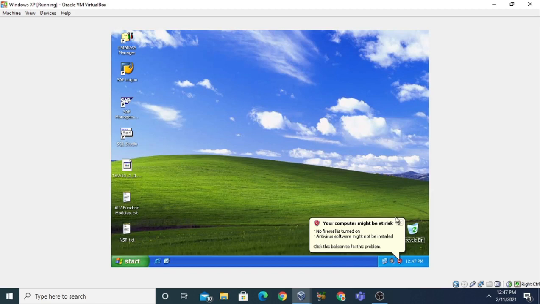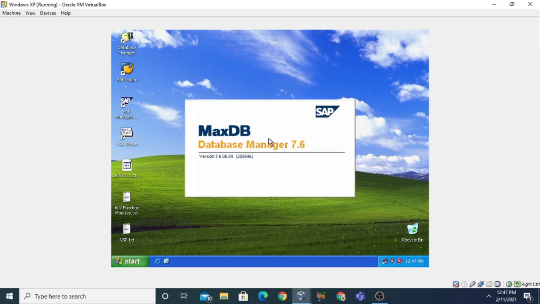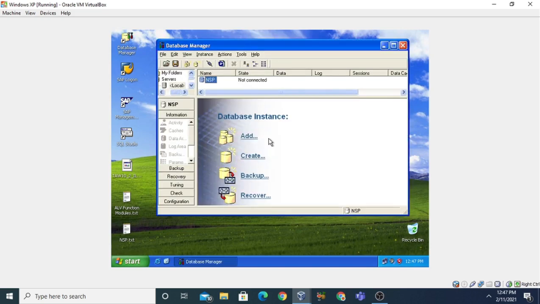After opening Windows XP, you first need to start the database server. For starting the database server, you first need to click on the database manager. When you double click on it, it will open a window which shows you the instance NSP. Just click on it and connect.